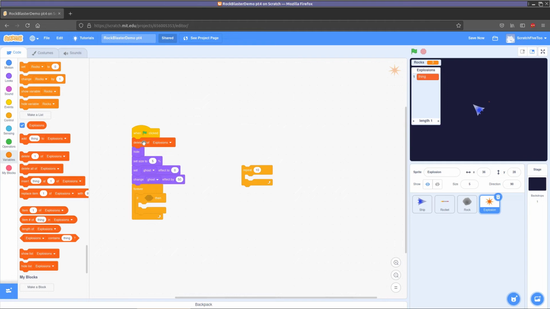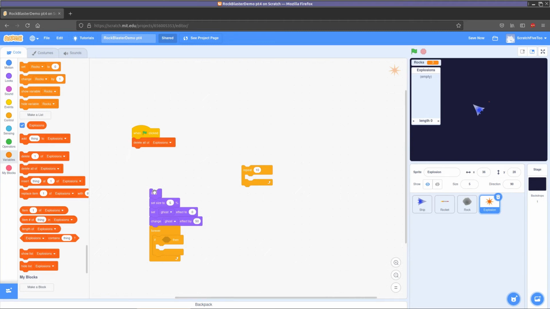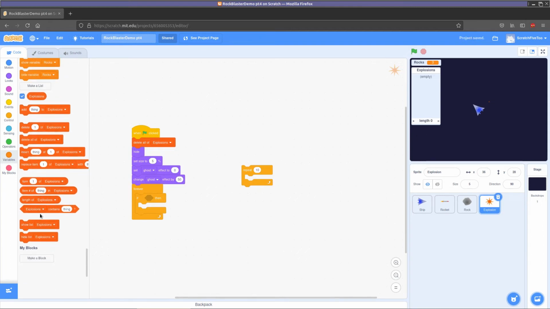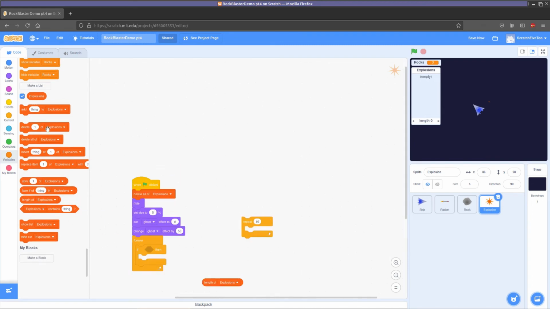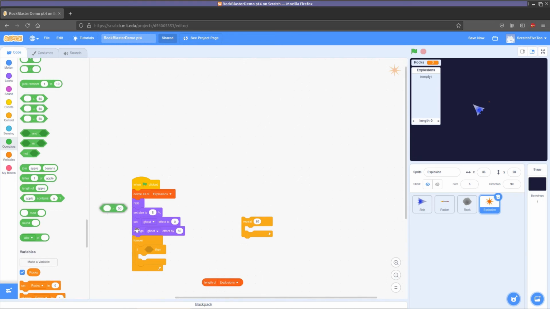That's the measurement we use to decide it's time to make an explosion. Anytime there's something in that list, it's length of explosions. So if the length of explosions is greater than 0,